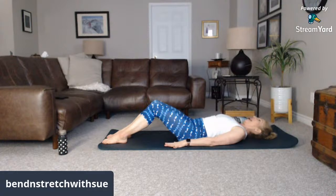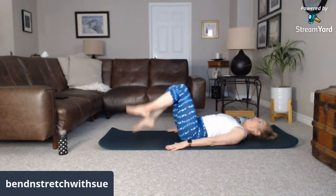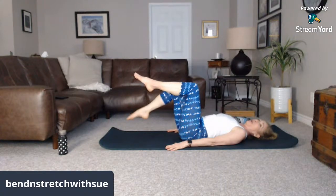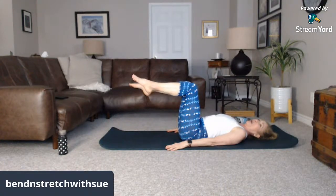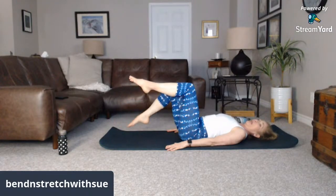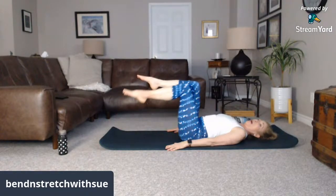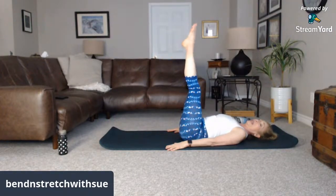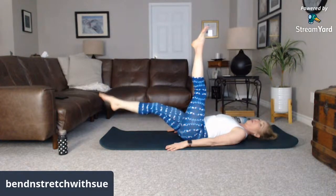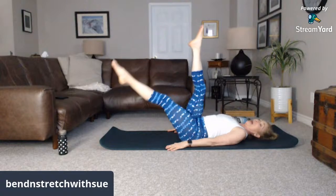From here, we bring the hands down to the floor, walking the feet in once again, and floating those knees up to tabletop. Now, do a little toe tap here, alternately side to side. This would be your easier option. Or you can straighten the legs and lower one leg without moving your pelvis, keeping you neutral still, and the